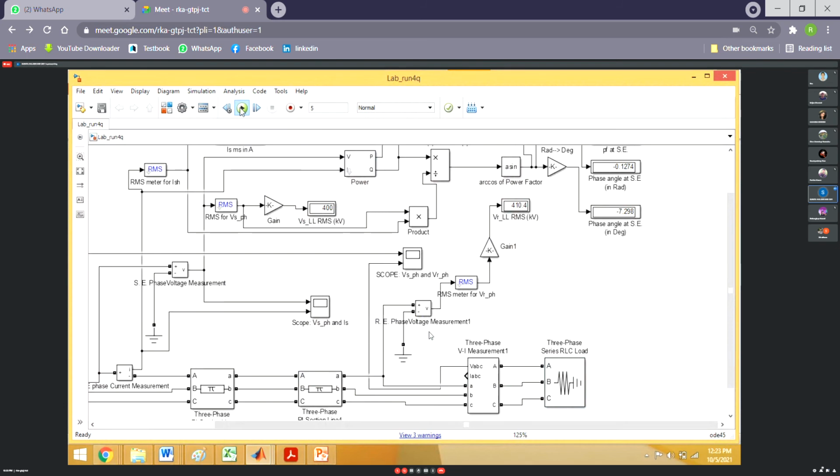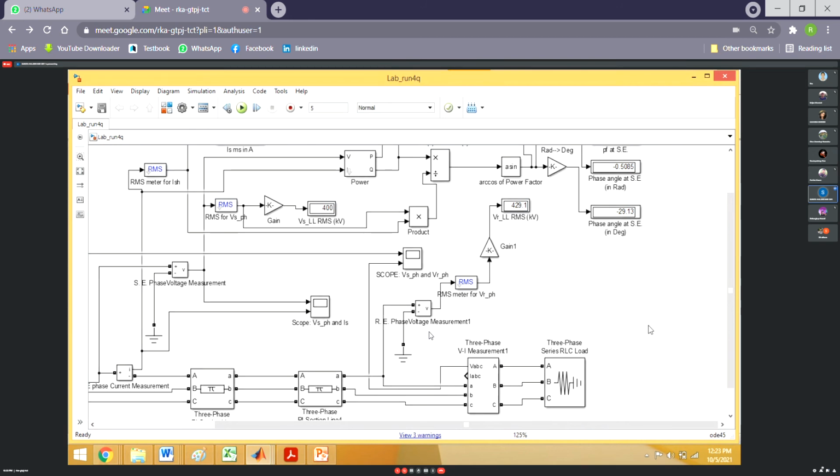Second, I am simulating for 300 megawatt at the receiving end, all the power at the receiving end at unity power factor. Because in the report I have told you to calculate efficiency and voltage regulation in each case. Efficiency you can calculate because sending end active power and receiving end active power are known.